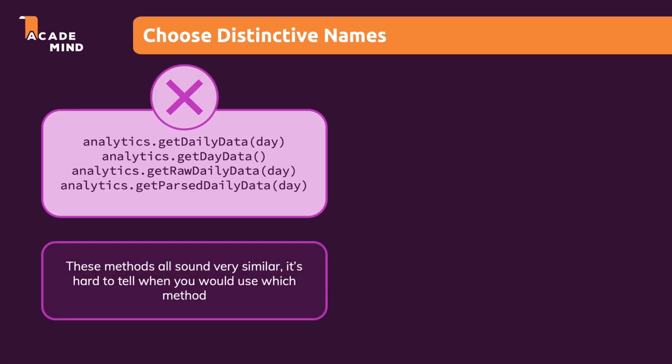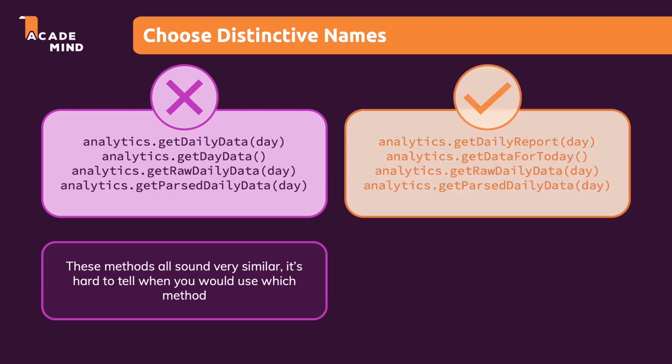These methods all sound very familiar. It's very hard to tell what the different methods do and which method you want to use. And therefore, again, if you are the person diving into that code or working with that code, you have to dive into these methods first to understand which method you now need to call or what could be causing a certain bug. So instead use distinctive names, like getDailyReport, if this maybe doesn't return the data, but some PDF or